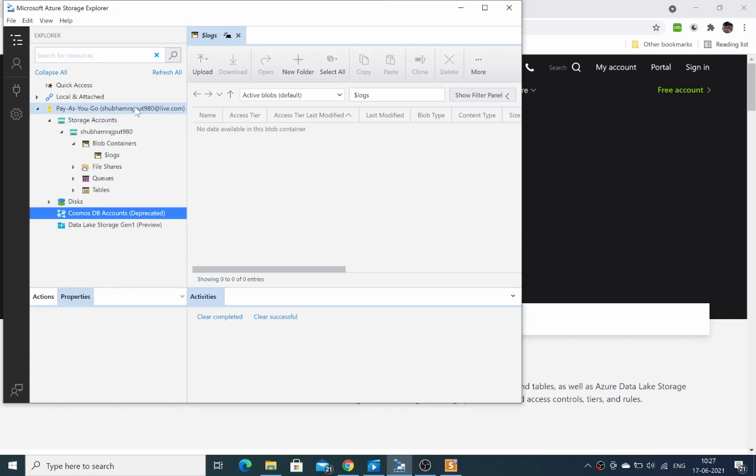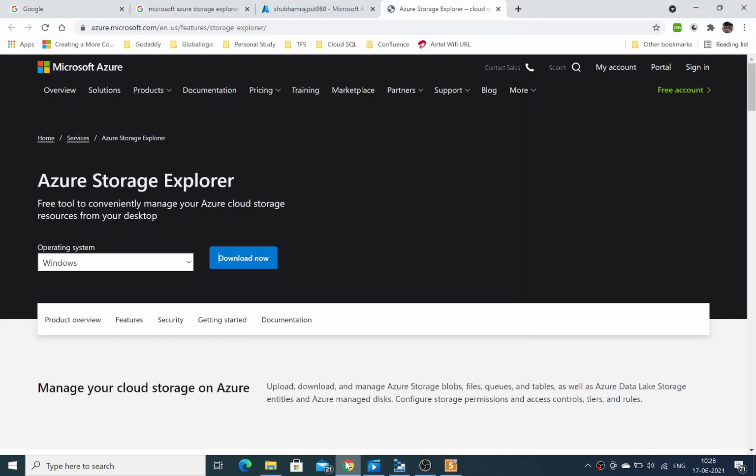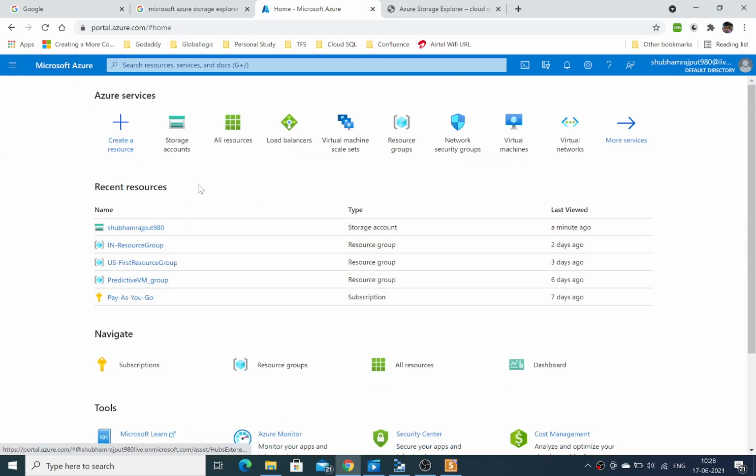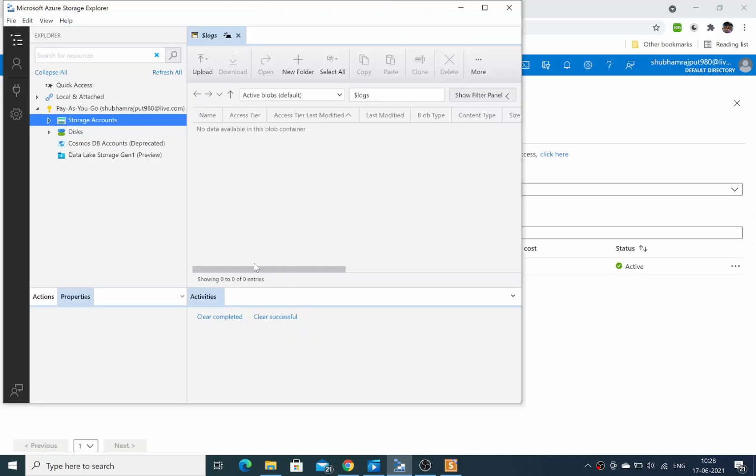you will see that it automatically logs in with your current email ID and your current subscription. As you can see, this is my email ID, shubhamrajput980@live.com, and the pay as you go model is my current subscription, by which I am connected to Azure. You can check my subscription over here, pay as you go model, or you can go into subscriptions and see it. So this is my current subscription. I'm just logging in over here, and now I select my pay as you go subscription,